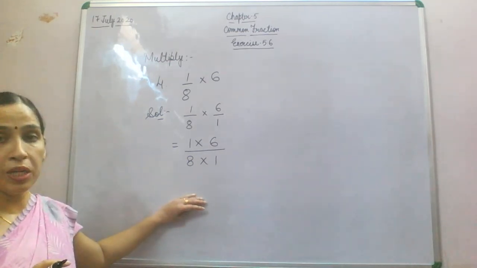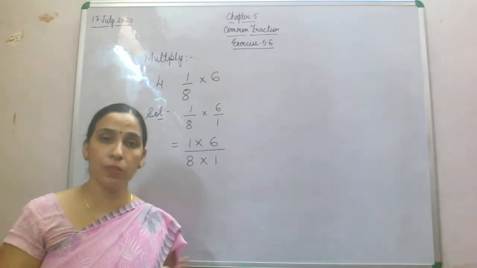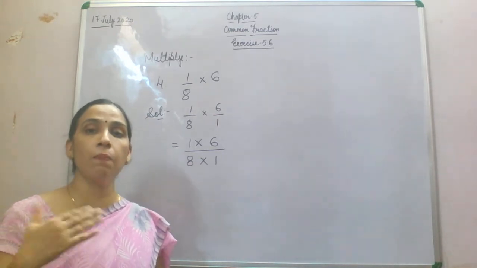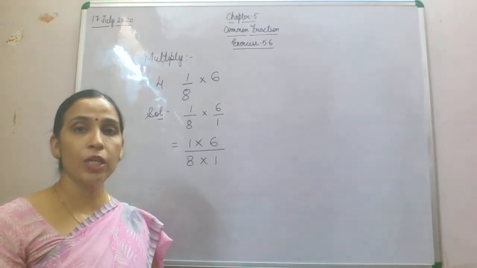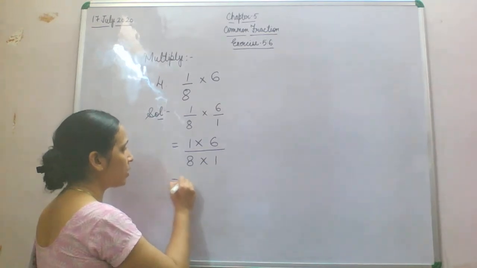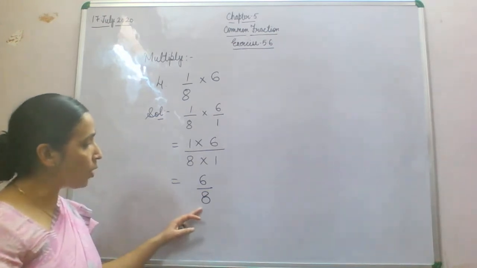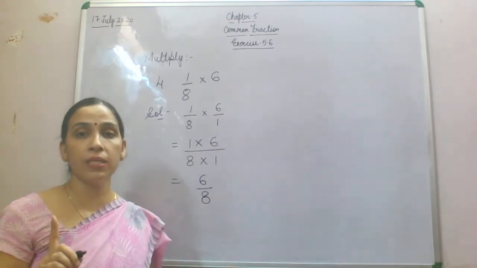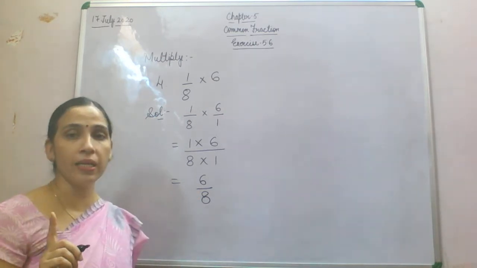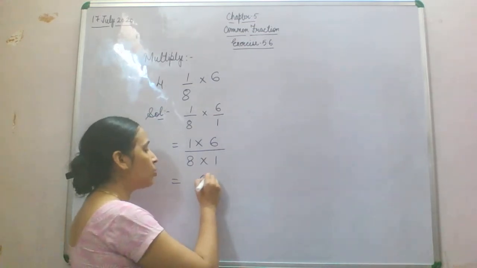Now I am going to do this question with the method from the previous one, fine. Once we complete the multiplication, then I am going to reduce it into the lowest term. So let's start. Now 6 ones are 6 and 8 ones are 8. Can you find these two numbers, 6 and 8, in any common table? Yes. Both numbers come in the table of 2. So we are going to divide by 2.